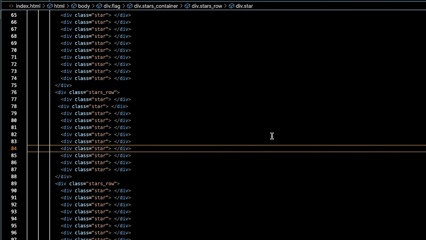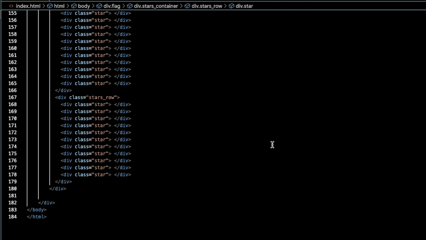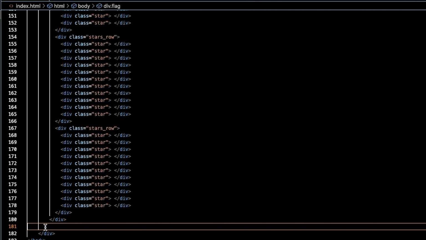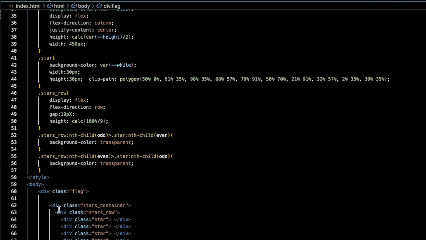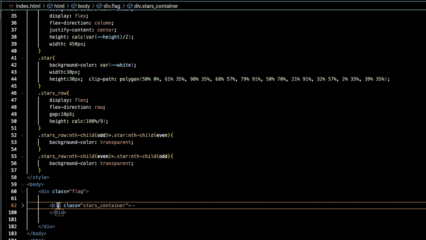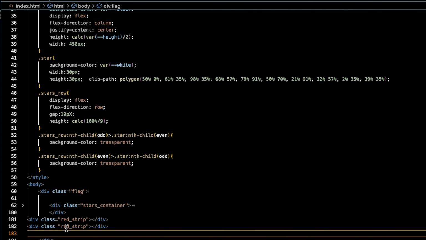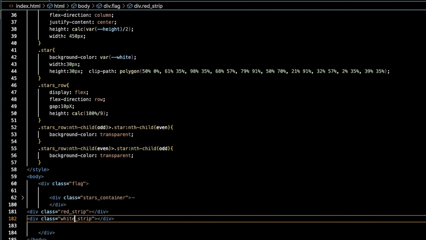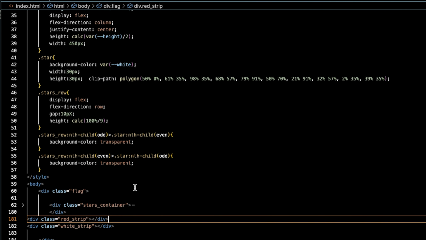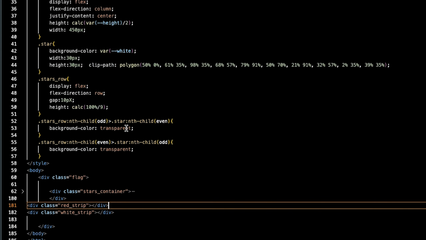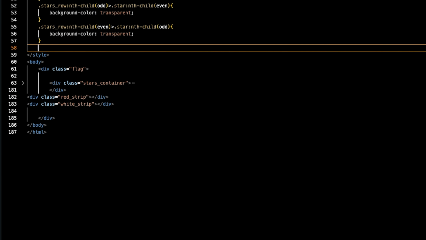To add strips, I will add outside the stars container. This one. Outside is here. I will add a red strip and I will also add a white strip. So for this white strip, I need to give them height and width. So what is? I will use a selector